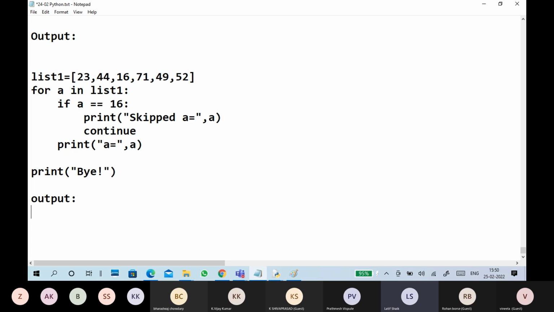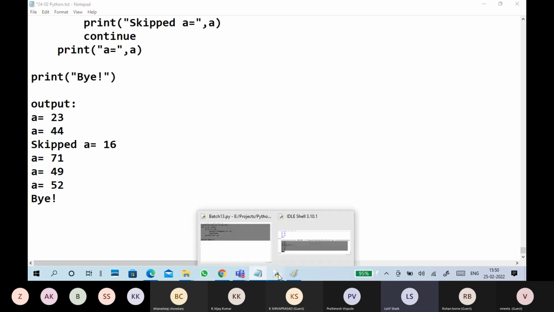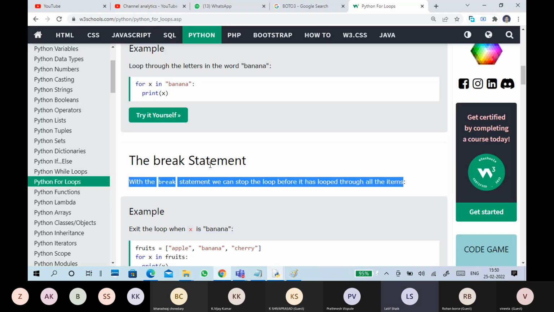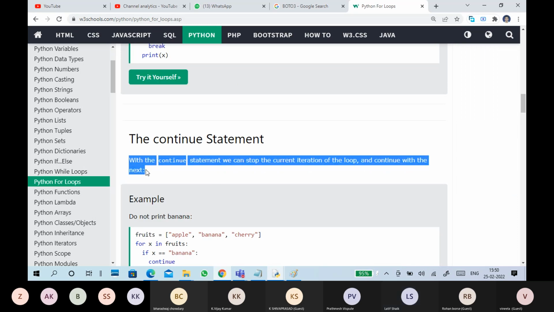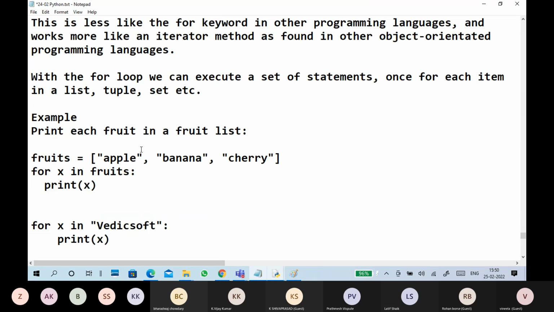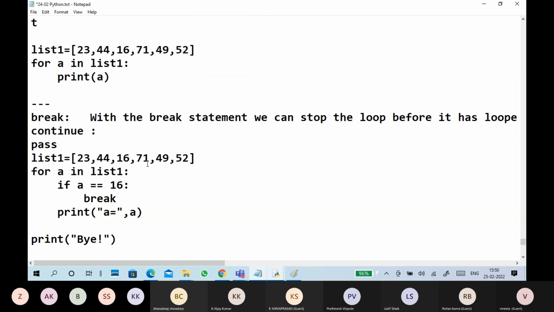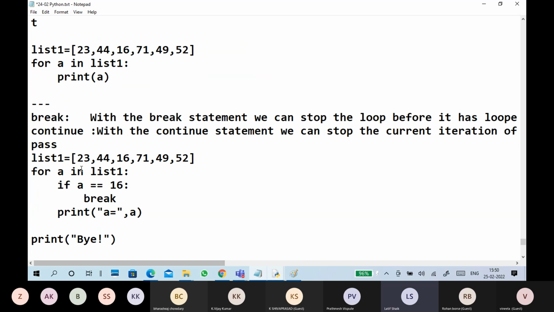I'm putting the output here for only one. Yes, the last one is pass. We'll go to continue and I will show you what continue is. This is continue.